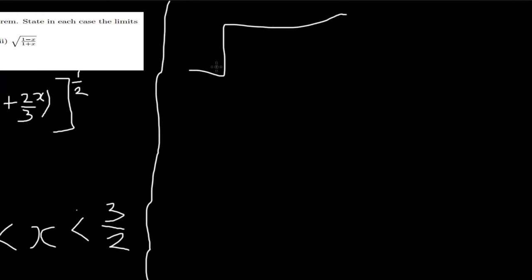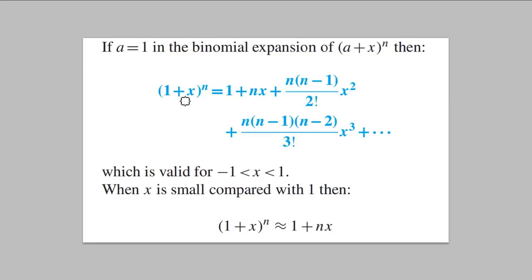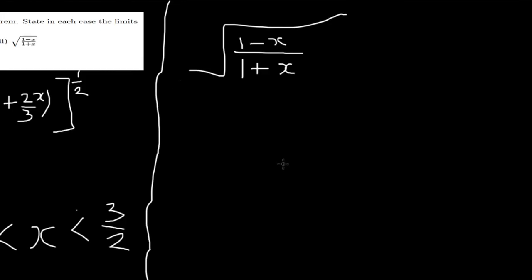of 1 minus x over 1 plus x, also notice 1 plus x. So this is how the last question is. So in the same way, you change this question to this form. And how are you going to do that? Simple. So what you do is, you know that this can also be written as